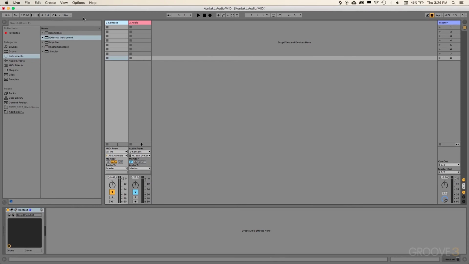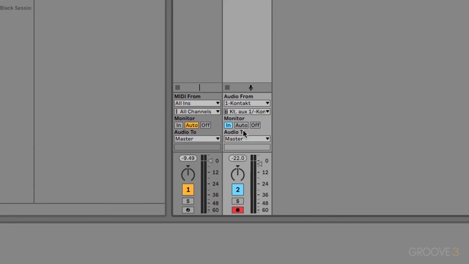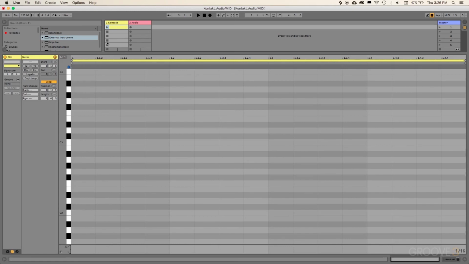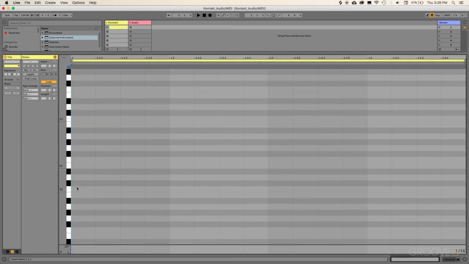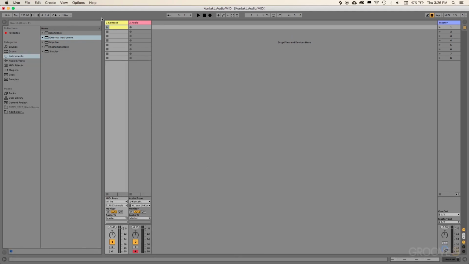And whenever I play back my kick drum, whenever the monitor is enabled, and then we can go up and create MIDI clips. So on this first channel, let's go down to C number 1 and create a kick drum. And we'll just do a simple 4 on the floor kick drum pattern here. And then we'll create a snare drum sound here. And then now whenever I close this out and play back this audio clip,